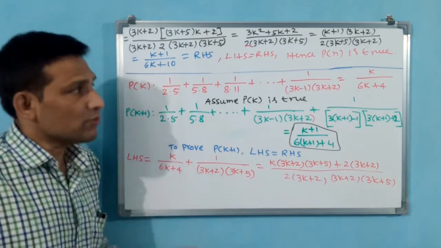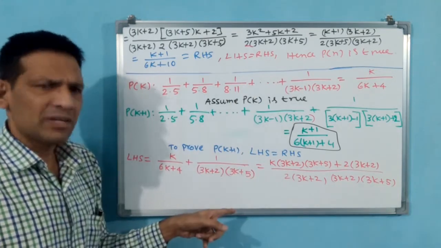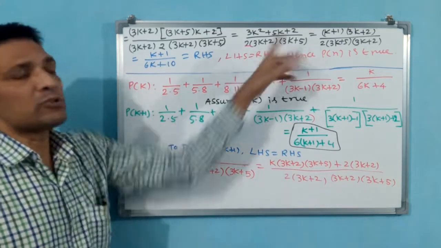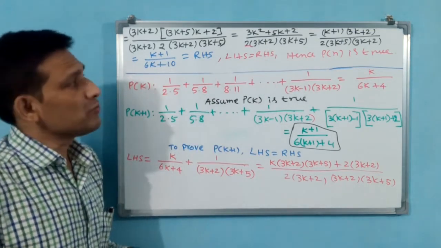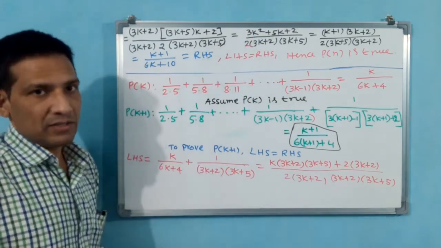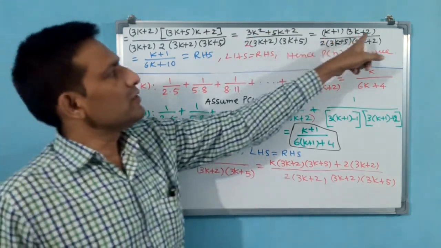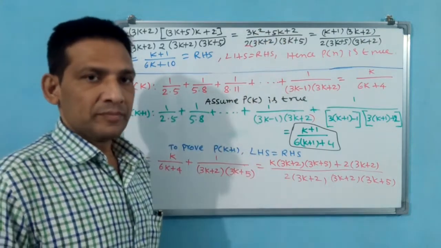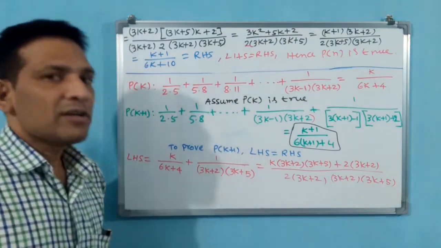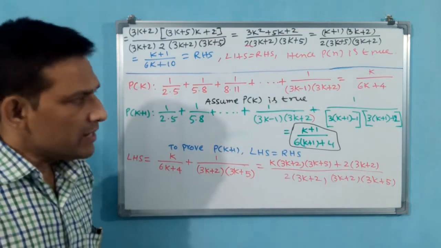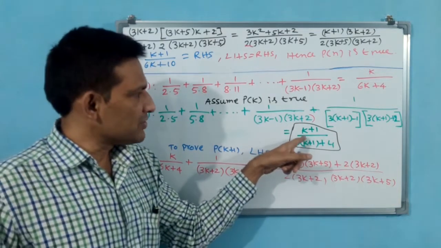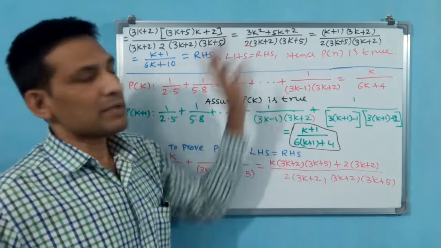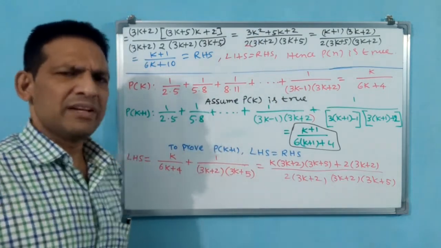Why? Because in the next question, cube will come. This is the 10th question. In the 11th or 12th, cube also will come. Then cube comes means like a quadratic equation you cannot solve. See, this k plus 1 into 3k plus 2 you can write by quadratic simplification also, but that is not the proper way to proceed. Why? Because by seeing RHS only you proceed. Rather you divide with k plus 1. That's all. That is very logical.